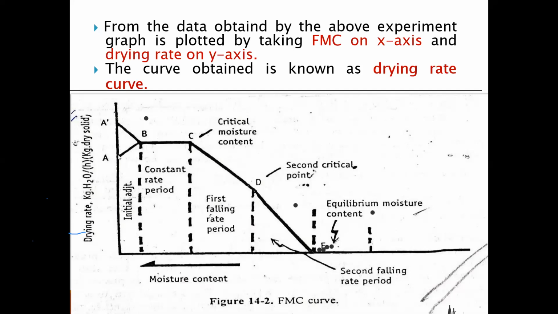It is A to B. So A and A dash, right? This is called AB. What is AB? AB is the initial adjustment period. So this is called A to B. What happens in that period? During that period,